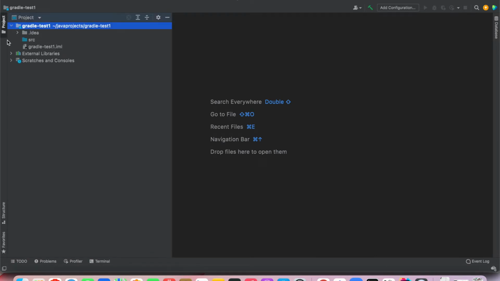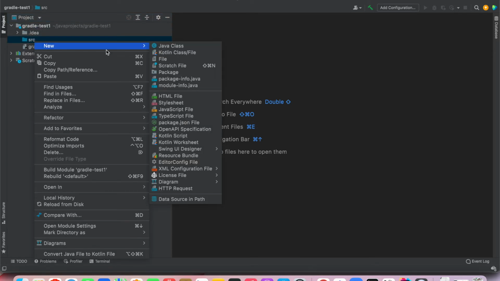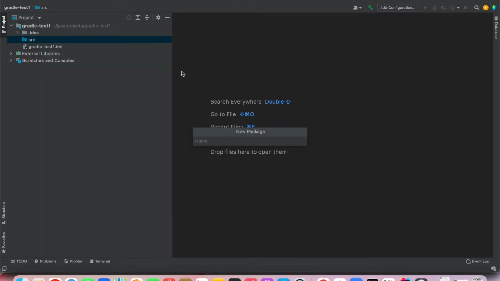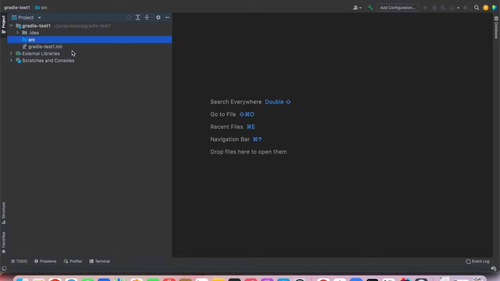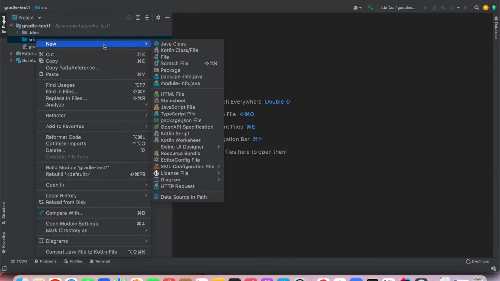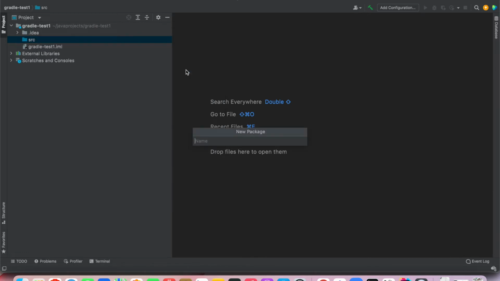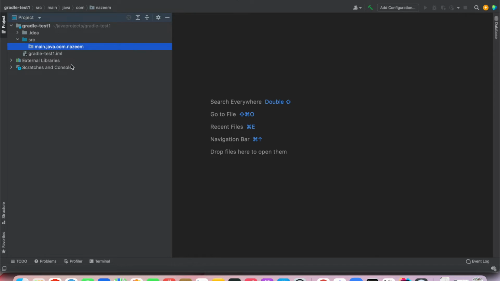Okay, so as you can see, there is only one folder which is the source folder, but in the example we can create a folder source main Java com and assume, for example. So the folder has been created,